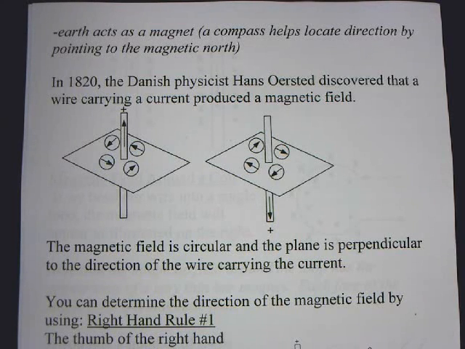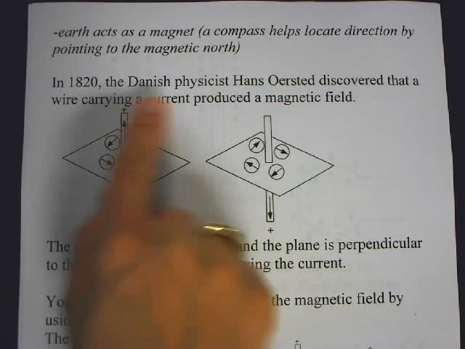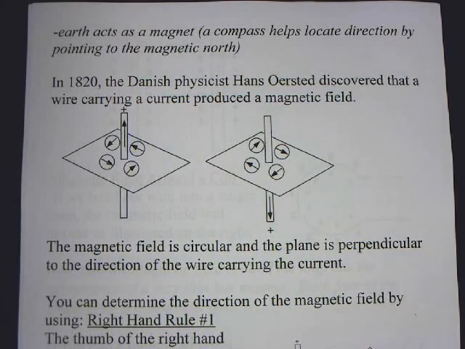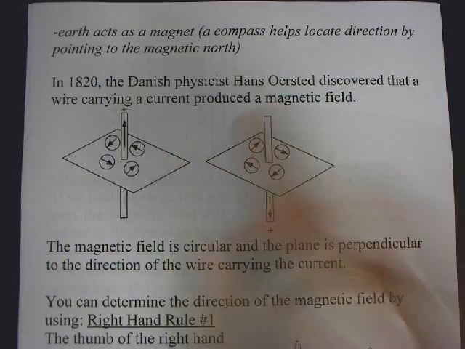The North Pole, right? But magnetic north actually points towards Hudson Bay, Canada. So that's where the compass points, that's where the magnetic part of the Earth is. And we're going to talk more about that in detail next week. So in 1820, there was a physicist, and he discovered that a wire carrying a current actually produces a magnetic